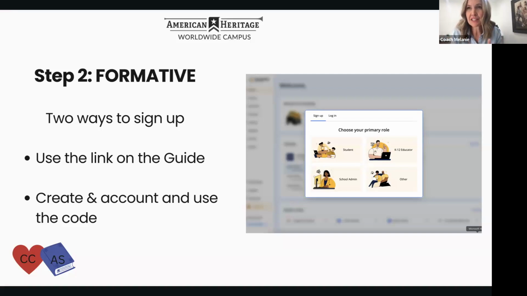If neither of those things work for you and you still can't figure out how to get logged into formative, please email me because I can just manually roster you and make sure that your child's in the class. We just want to make sure before school starts. If you've already started this week and you're having trouble, this is perfect because we'll just get all the kinks worked out, and then next week after Labor Day, they'll be all logged in. Is there anyone having trouble with formative that wants to talk about some of the things that they've encountered, or